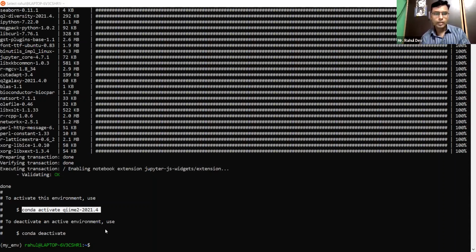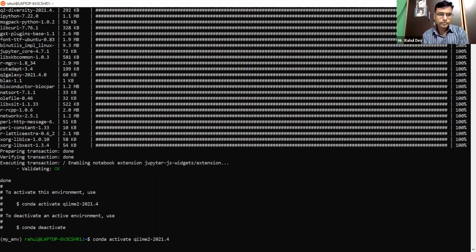So we can copy and paste it and enter. Look at the change at my env, my underscore env. Now Chime 2-2021.4 is written rather than my env.